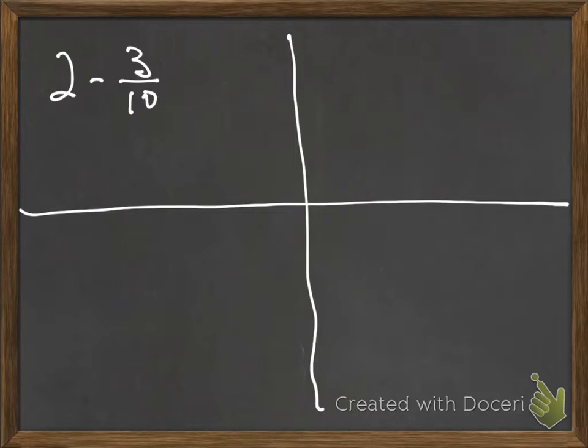Let's do another one. Okay, here we have 2. So how can I write 2 as a fraction with the denominator of 10? It would be an improper fraction. It would be 20, because 10 will go into 20 2 times. So we have 20 divided by 10. 10 will go into 20 2 times. Minus 3/10. So 20 minus 3 is